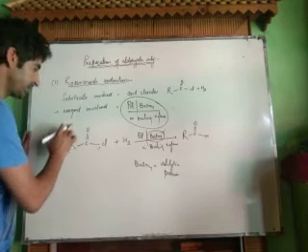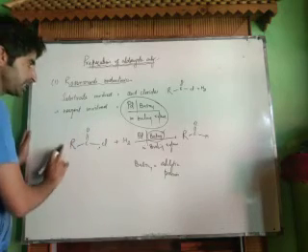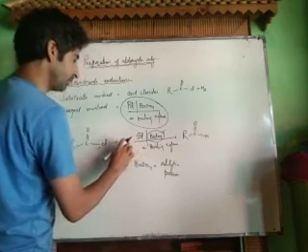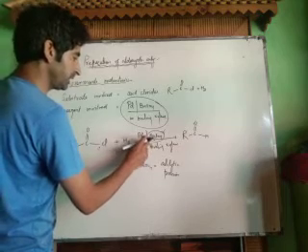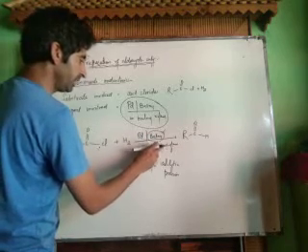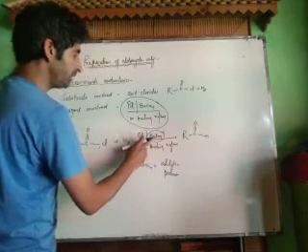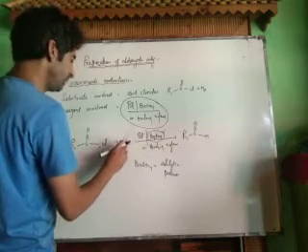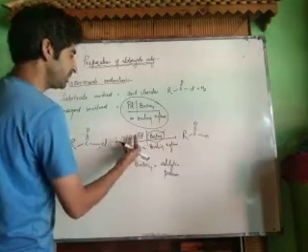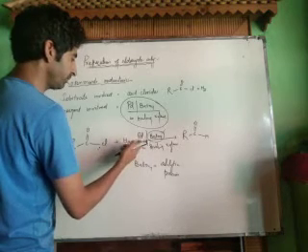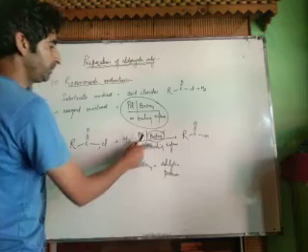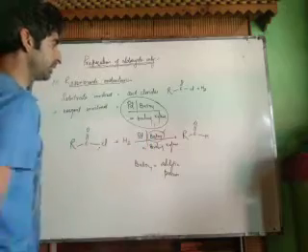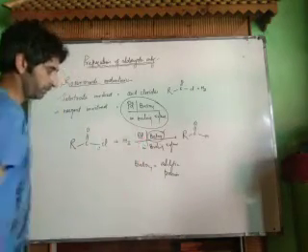Now what you have to remember, in case of Rosenmund reduction, we take acyl halides or acid halides, acid chloride. We react with hydrogen in presence of catalyst, but the catalyst is poisoned using barium sulfate in boiling xylene. This catalyst is called Lindlar catalyst. If we use calcium sulfate, it's also called Lindlar catalyst. The aim of using this catalyst is to decrease the reactivity of this catalytic hydrogenation. And one more point, it has more important applications in case of alkenes. We will discuss that when we deal with GOC.